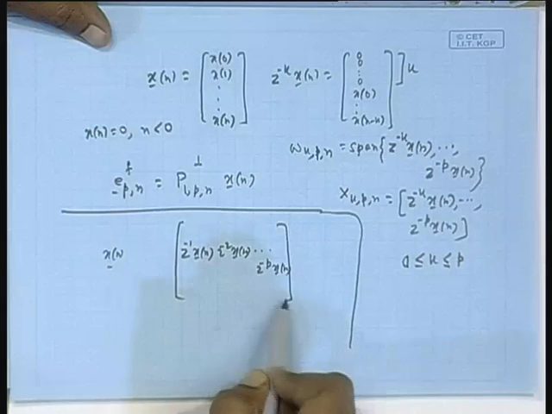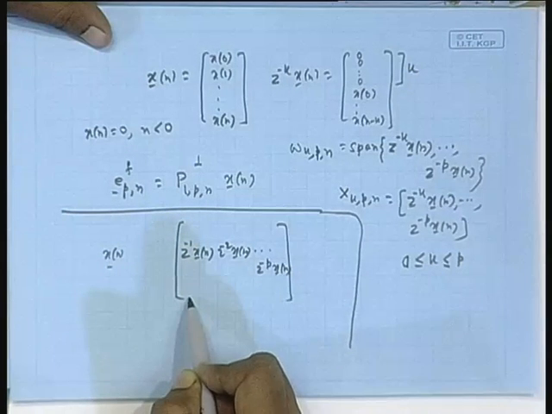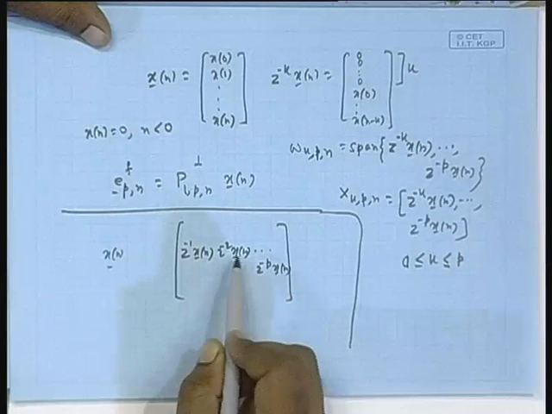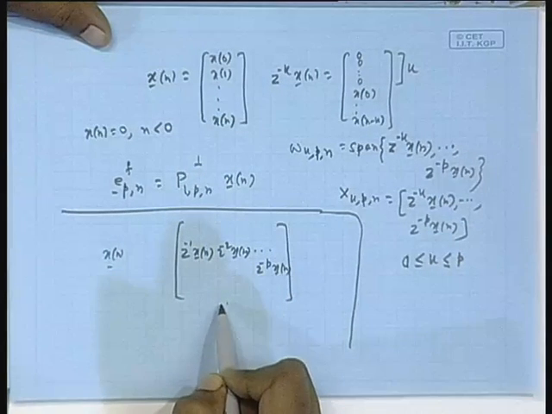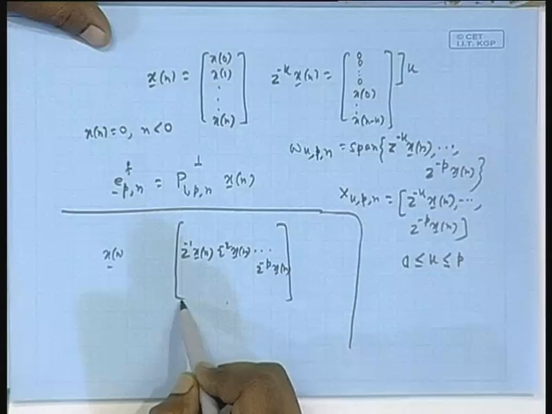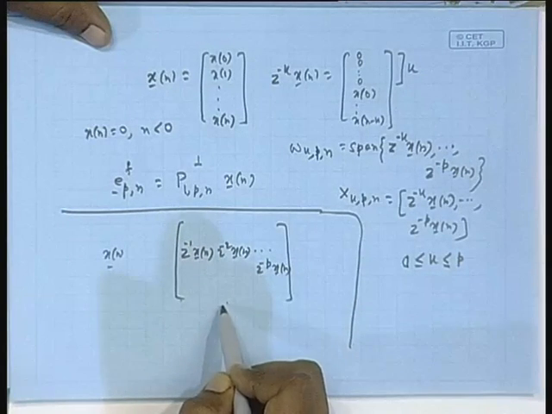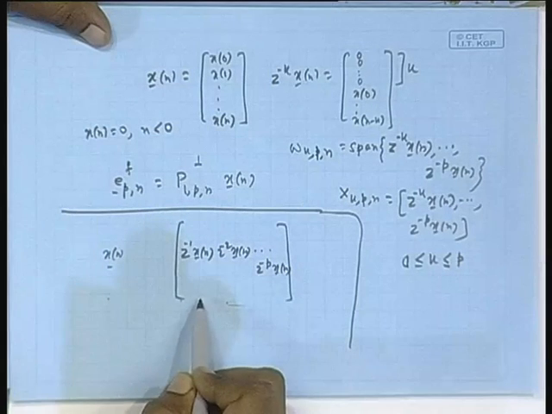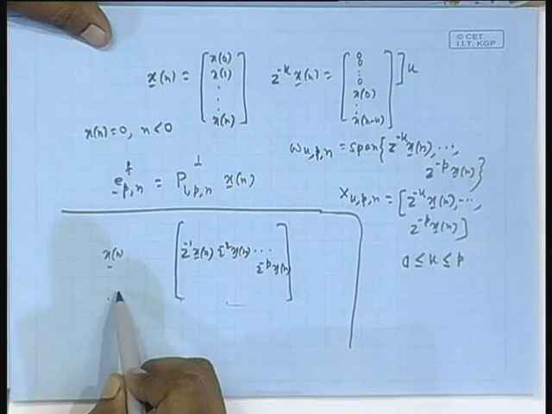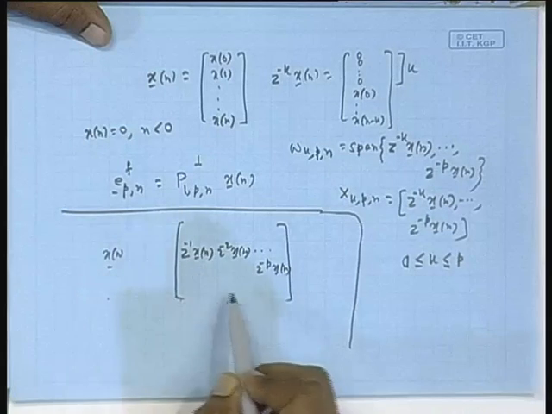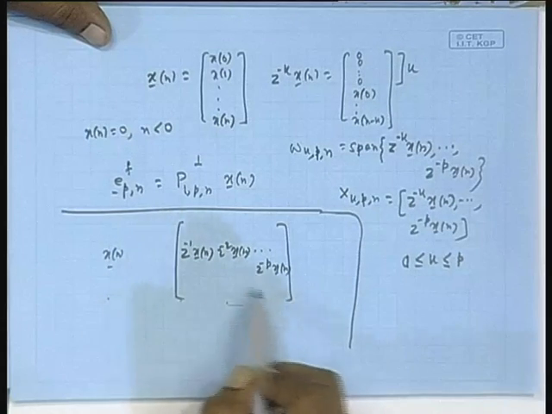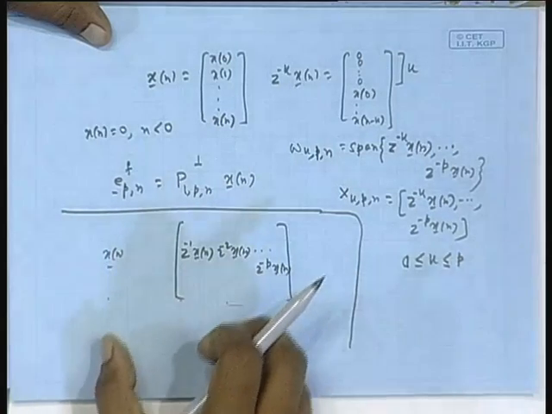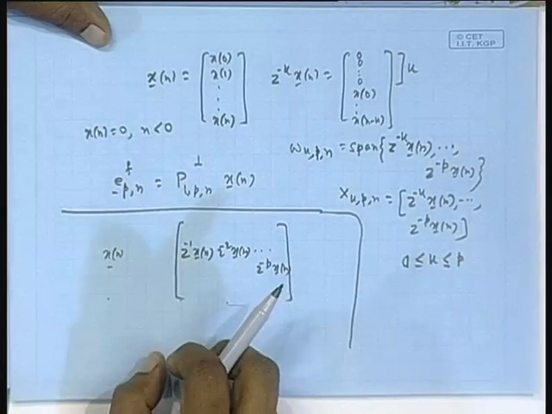What is the last entry? x n minus a coefficient times x n minus 1, and so on, x n minus 2. You follow? This column's last entry will be x n minus 1, this column's last entry will be x n minus 2, this column's last entry will be x n minus p. You are linearly combining them, x n minus that. Similarly, at n minus 1, the difference between x n minus 1 and a linear combination of the past p samples, again at n minus 2, and all that. So, we are finding those errors, squaring up and adding.